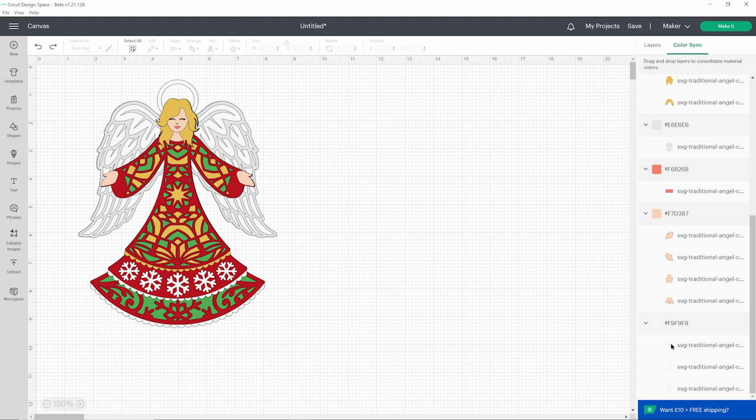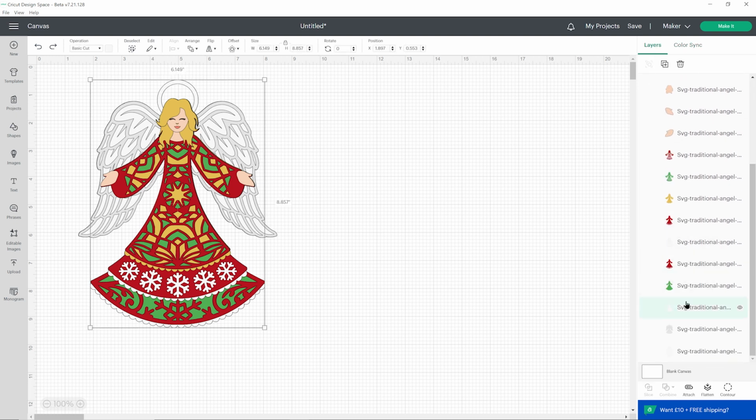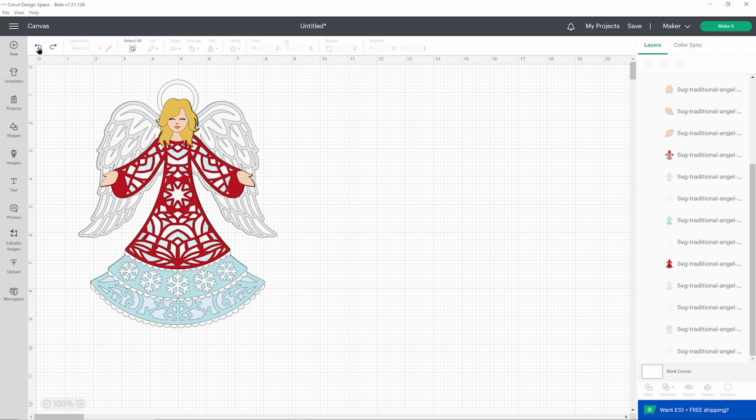So you can't actually see because it's white on a white background. That's not very helpful, Design Space. I think it's that one. There we go. Changing that layer also changes the halo colour, so just bear that in mind. That does actually look quite nice in the gold. So that's just a really quick way of changing the colours if you want to, but I'm going to do mine in the original blue. So let's undo all of those changes to bring her back to how she looked when we first loaded her in.